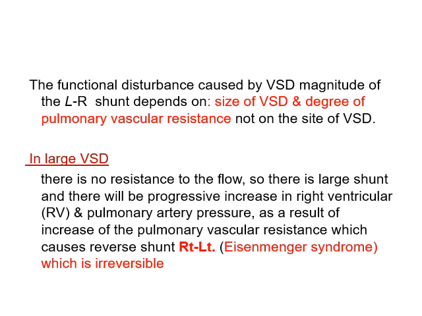Now, when it is a large VSD, there is no resistance to the flow. Say there is a large shunt from left to right, and there will be a progressive increase in right ventricle pressure, and later on an increase in pulmonary artery pressure. With time, with increase in this shunt, there is an increase in right ventricle wall thickness and